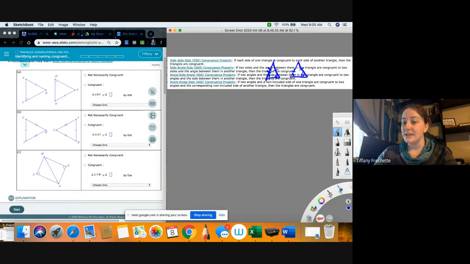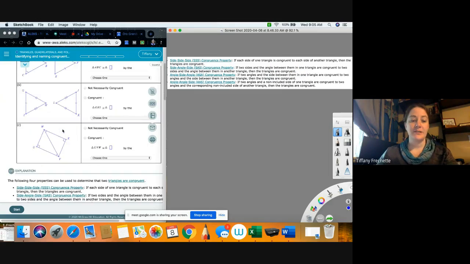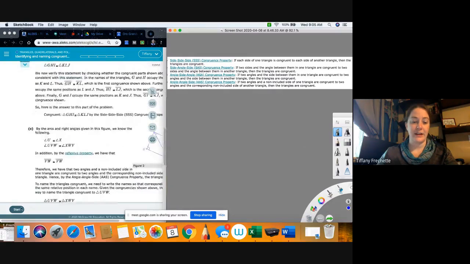The side that's included means in between. If the side that's included is marked as congruent, then that would be angle, side, angle. So it's still congruent, it's just a different congruence. So we really have to pay attention to the order of congruence here. All right, so I'm going to get rid of all these marks so that they're not on top of our words here. So let's go ahead and take a look because it's a little easier if we actually look at